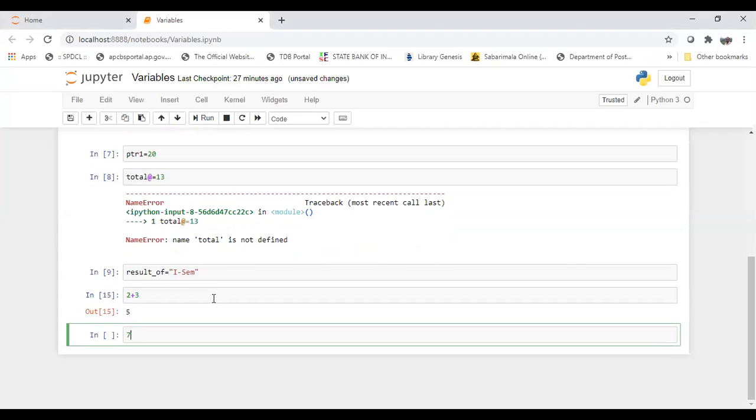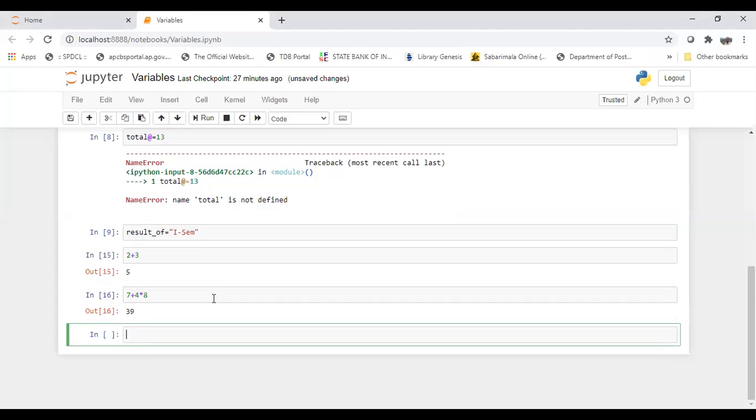Okay, and 7 plus 4 into 8. Okay, here observe this 39. I already told you that first multiplication is performed, the highest precedence operator. After that, the low precedence operator addition is to be performed. And one more operation, that is